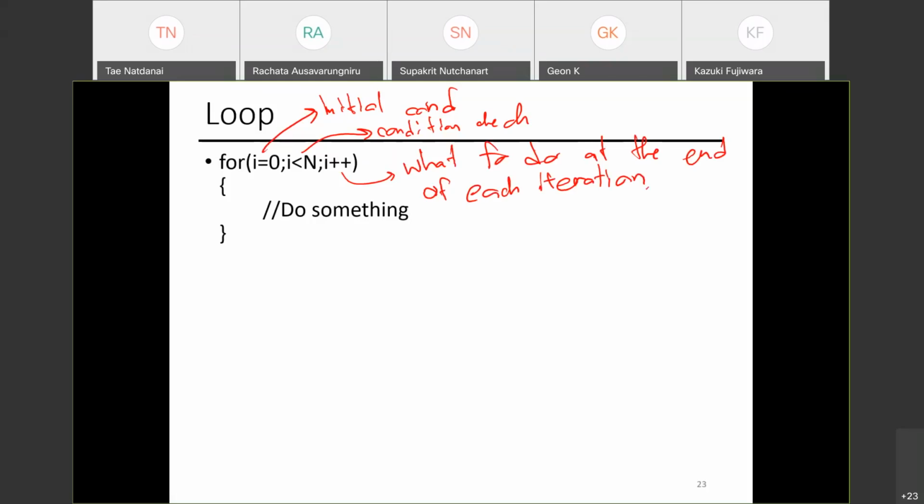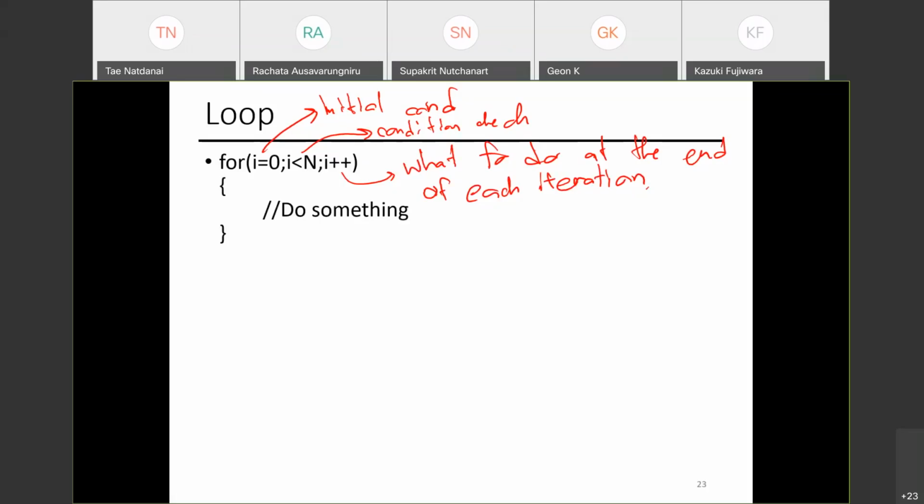Depending on the version of C, if you use C++, int i equals 0 is okay. In C code it is not okay. You need to do int i somewhere first, and then come in here and say i equals 0.